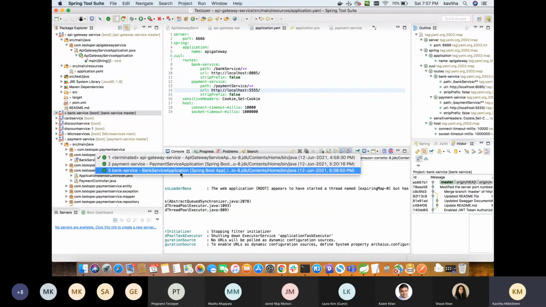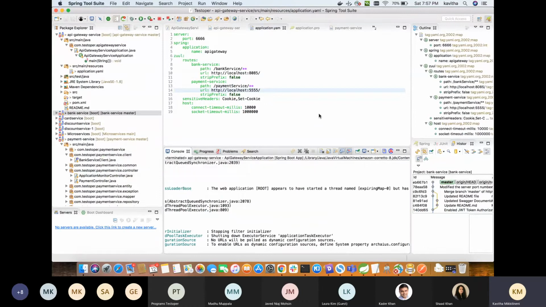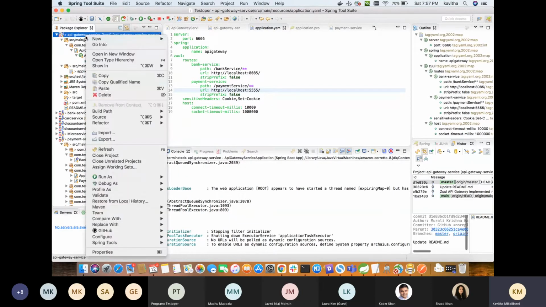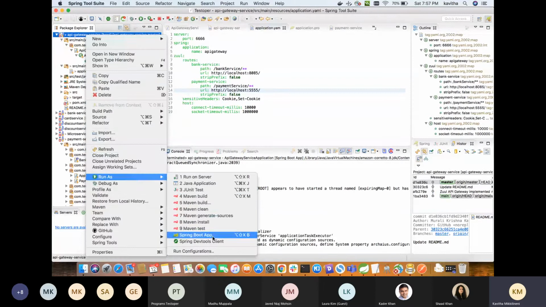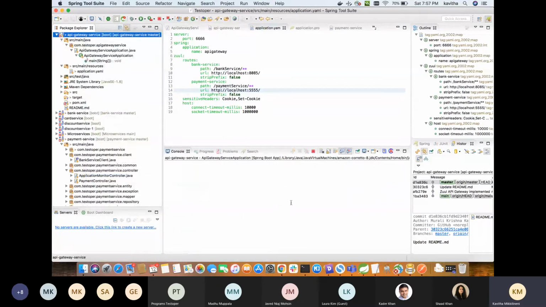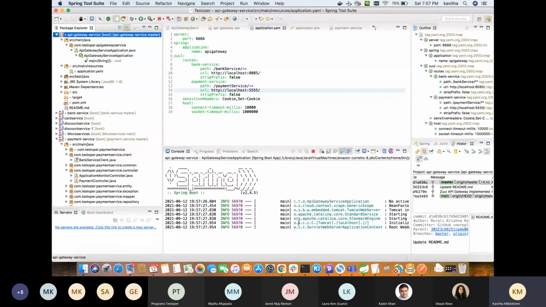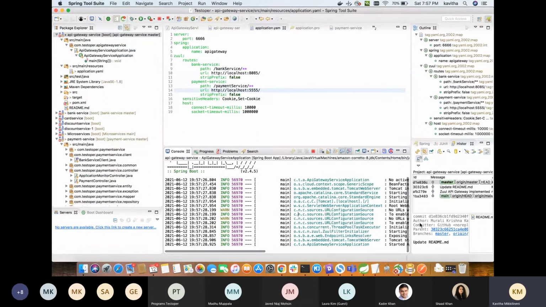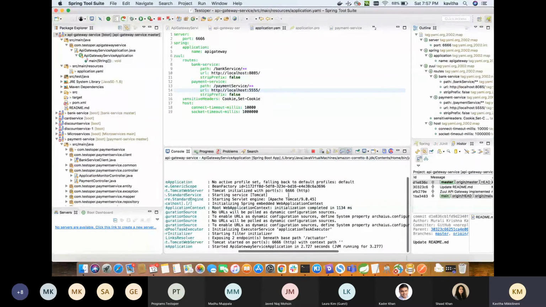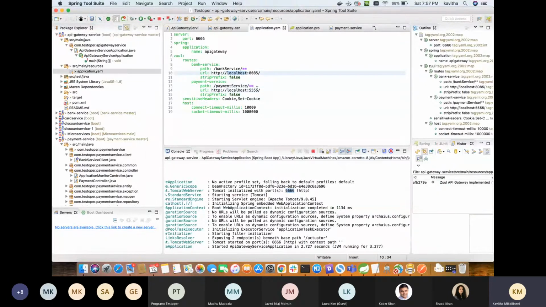They have already been started. So this gateway service also we will start as a Spring Boot app. It is deployed on port 6666, and internally the calls for routing have been configured.